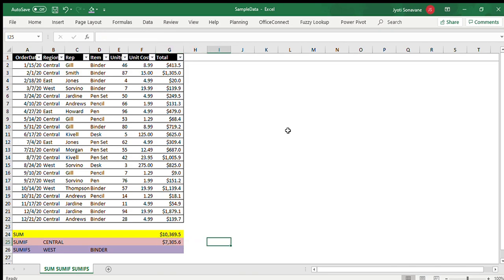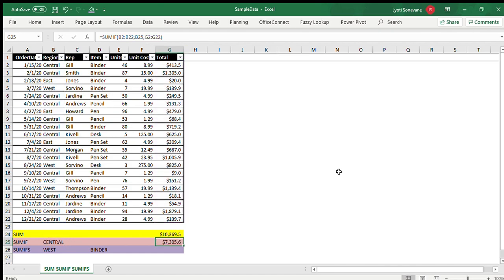You have to apply the quotes and then write. I will just show you in this cell: double inverted commas, type Central, and close the inverted commas. Now this text will replace B25, which is nothing but your criteria. So we will replace this cell address with the text that you want to add.